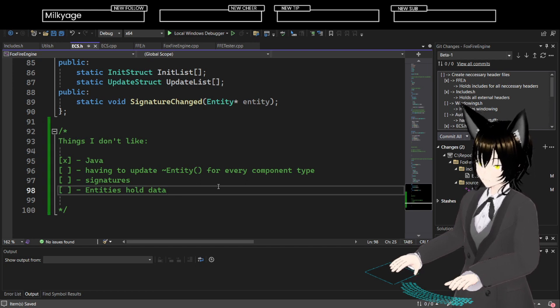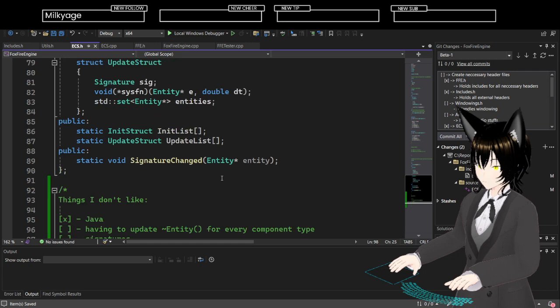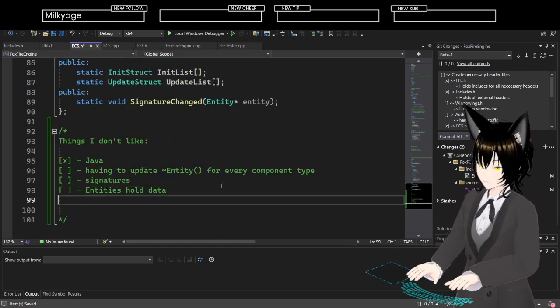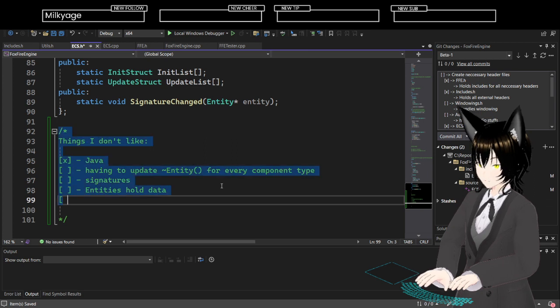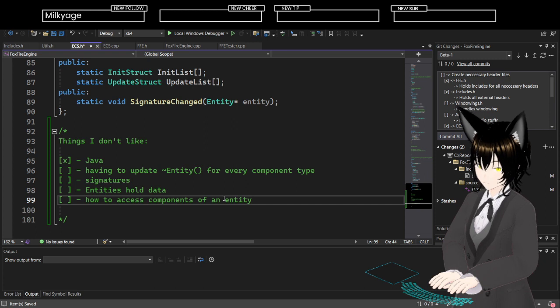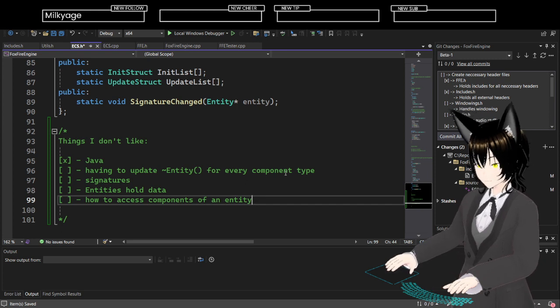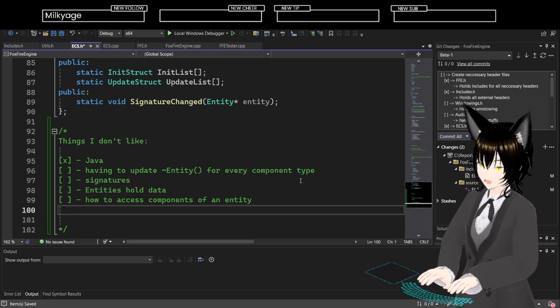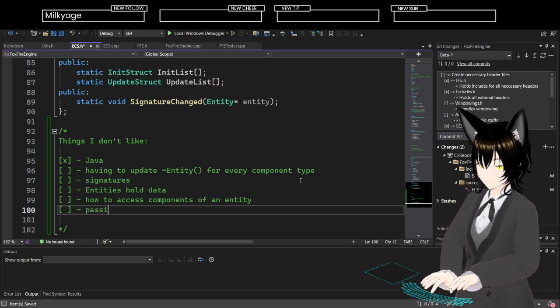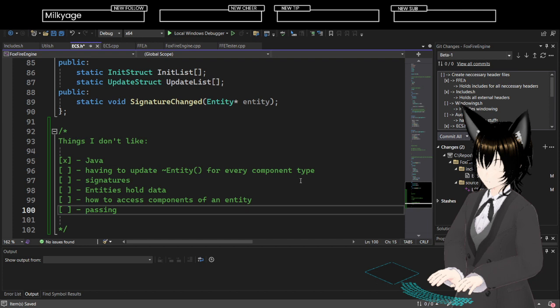None of that stuff is good. I don't like how any of that stuff is working. I also don't entirely like how to access components of an entity. I don't like passing entity pointers around.